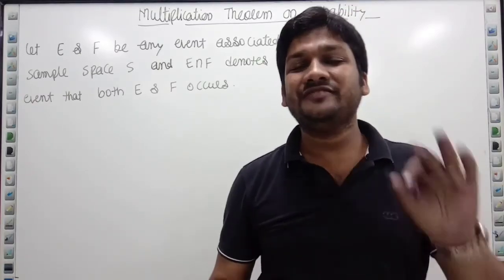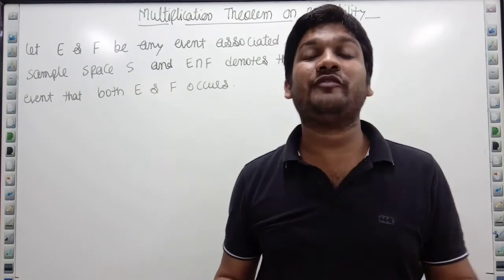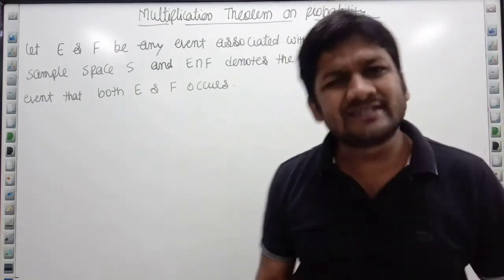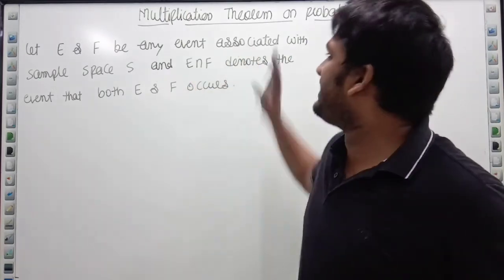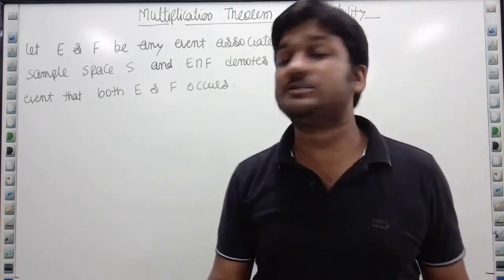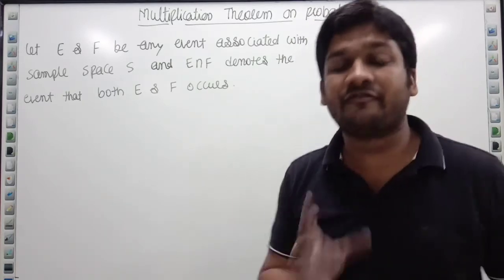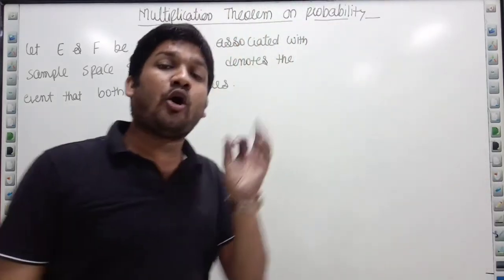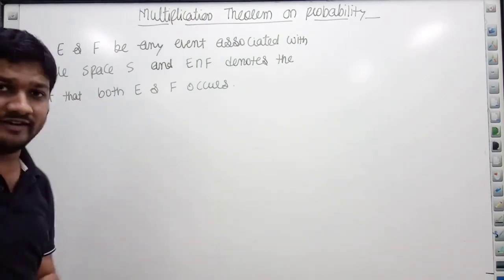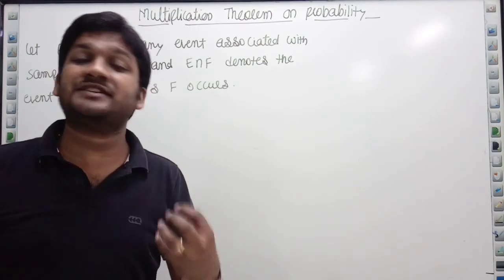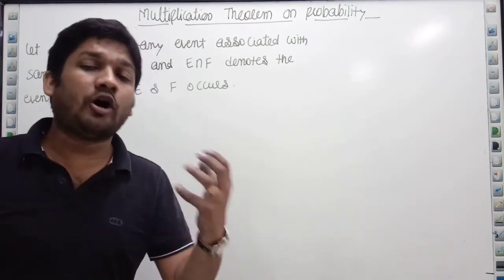In today's class, we are going to discuss the concept of multiplication theorem on probability. Let's suppose E and F be any events associated with a sample space S, then E intersection F clearly indicates the occurrence of both the events, and many a times we are interested in finding the probabilities of events that